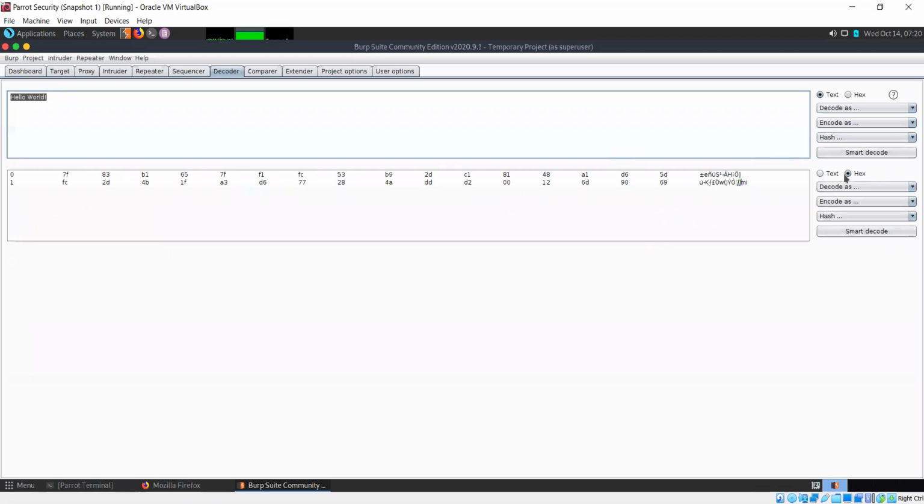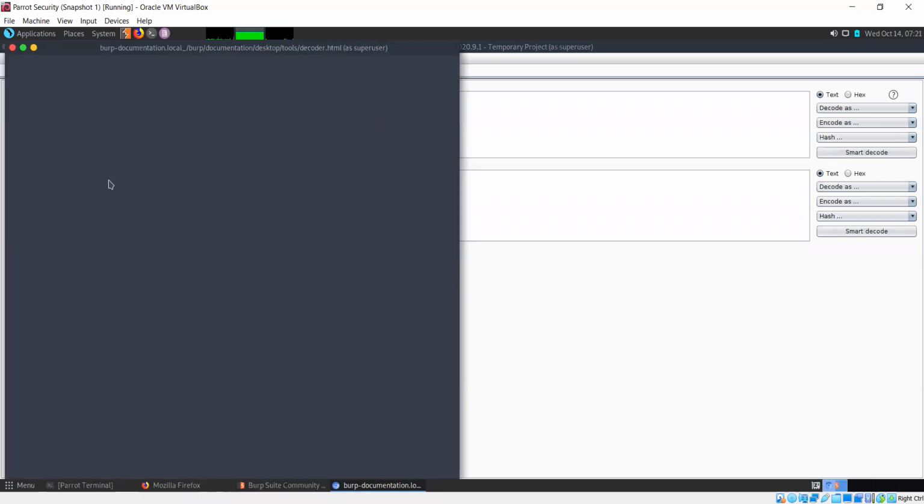Okay, it's converted into hex. Just turn it to text. Okay, this is definitely not SHA-256. I think this feature might not be correctly implemented yet. This is most definitely not the hash of hello world. These are not the kind of characters you find in a hash.